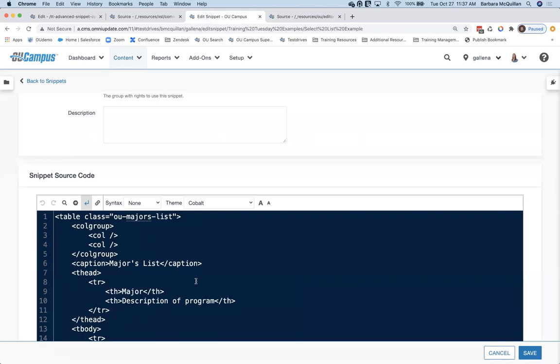So you would essentially need to construct a table here that has all the appropriate accessibility requirements, scope and things like that. There is no requirement inside the snippet source code for that because it is just a flat source code editor.